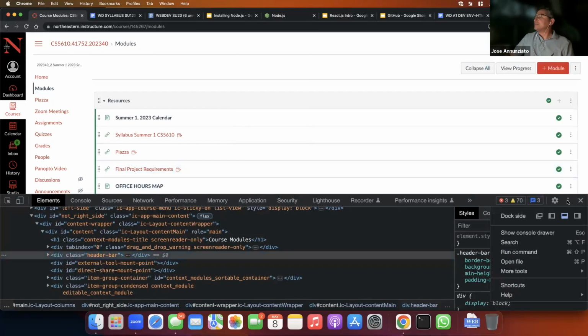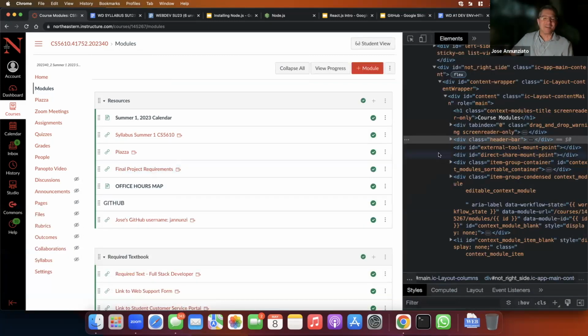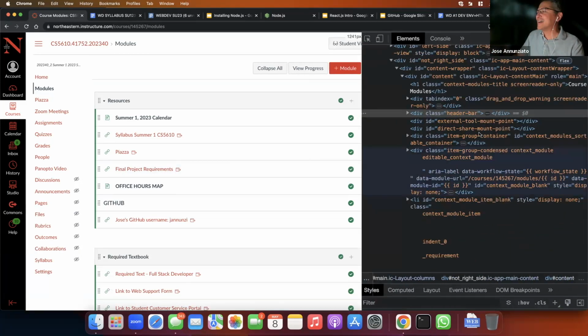This tool is going to become your best friend. You're going to be using it all the time as developers. As a user, no, this is like looking at the matrix,